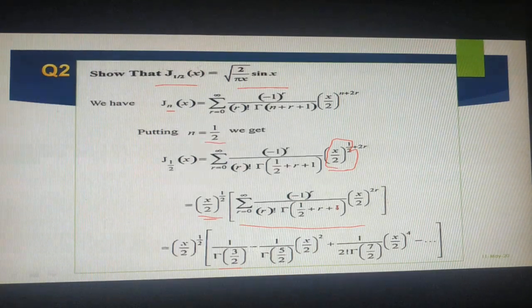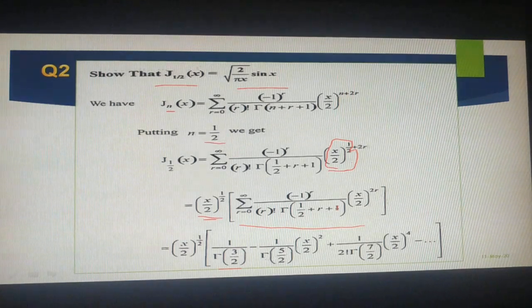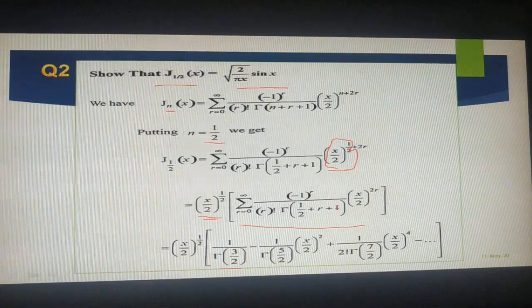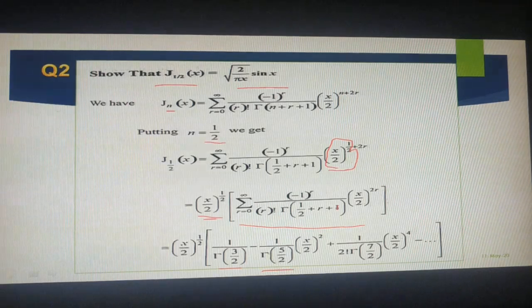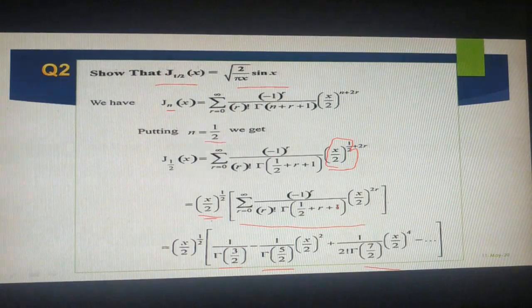And your second term, r equal to 1, so minus 1 whole to the power of 1 means you will get a minus value here. Minus 1 by, if you see the denominator, 1 factorial gamma of half plus r plus 1, what is the r value here? 1. So total 2 plus 1 by 2, that will be 5 by 2, okay, isn't it? So 1 by gamma of 5 by 2, and in place of r we are taking now 1, that's why x by 2 whole square. So simply substitute r equal to 0, 1, 2, and write down these terms. Very simple. Okay, right. So still it is not in the simplified form.